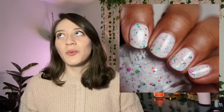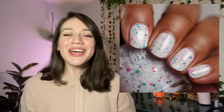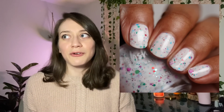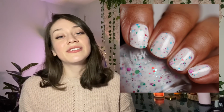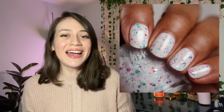Even though I don't wear Crellys as often as I used to, I still really love them. They're just one of my favorite finishes. They give me such nostalgia because they were one of my very first finishes when I got into indies. I think they can be super cute, especially with their color combinations, and this one is just so fun and